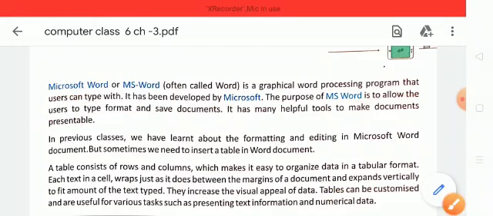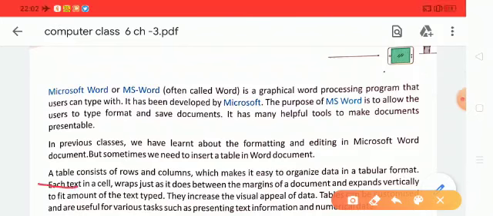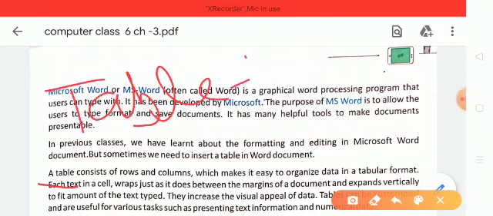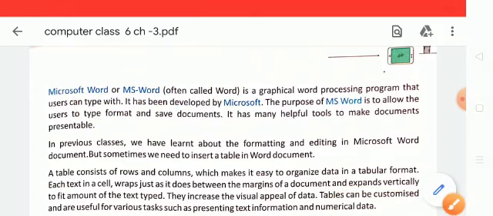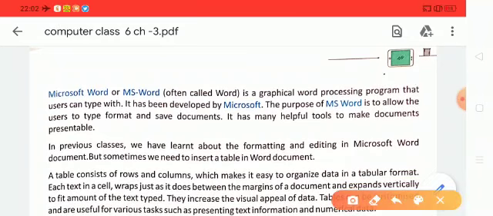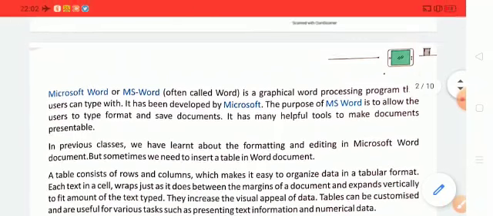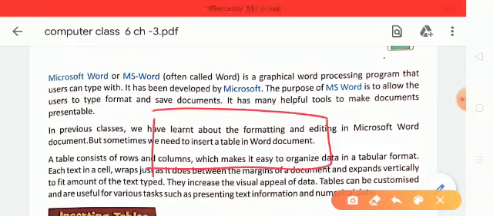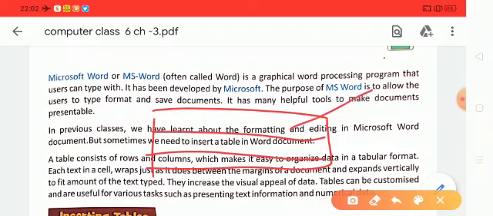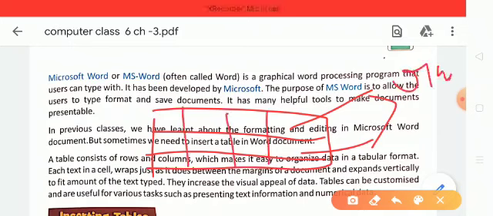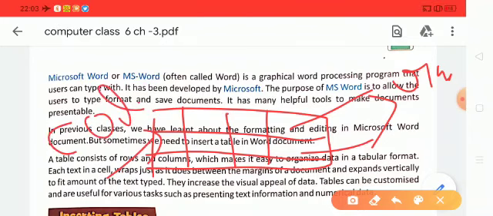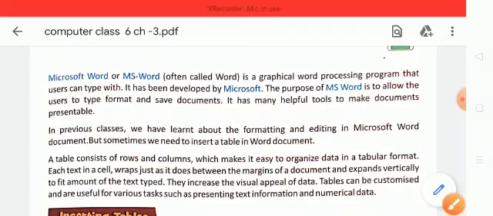Now the next topic is table. A table is a set of rows and columns which makes it easy to organize data in a tabular format.